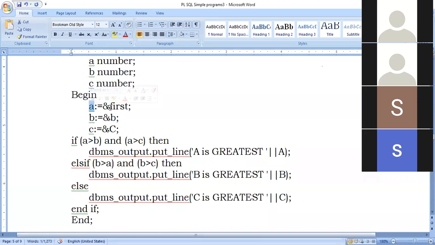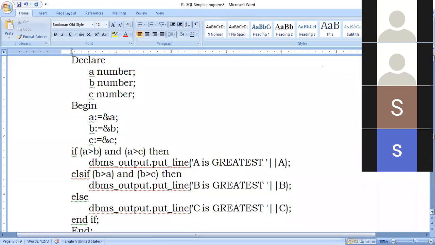Because whatever string I put after the ampersand, the database uses that string to prompt for the value. Anyway, for convenience, to avoid confusion, we will initially use the same variable names. The user will be asked, enter the value for A, and then the value will be entered. So instead of just telling, let me execute this.